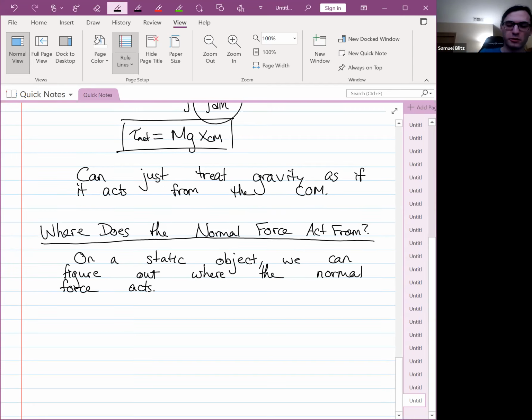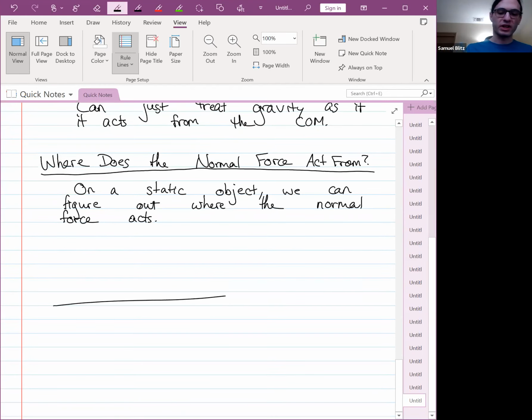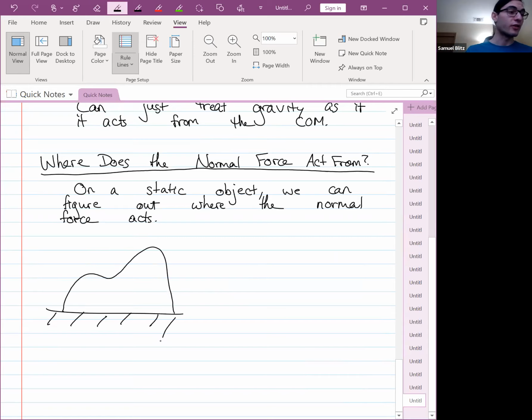So let me draw a picture. Let's say that we have a thing sitting on a table. It's just a lump of stuff. It's just a lumpy thing. The center of mass is wherever it is. Let's say the center of mass is here, maybe. I'm actually not going to draw that. I'm just going to draw the